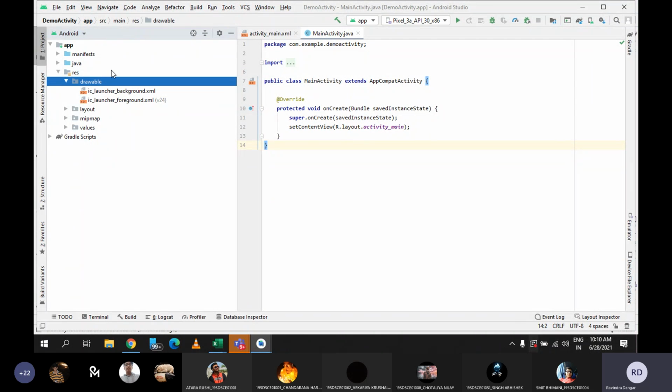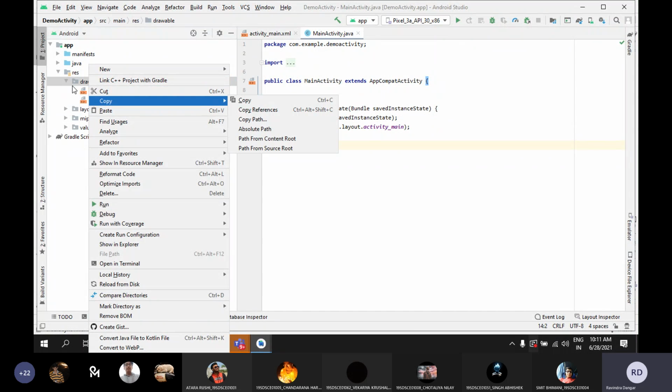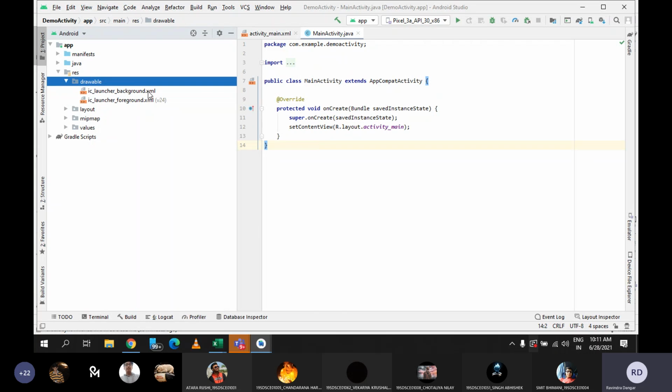तो अभी आपको ऐसा चाहिए कि जब आपकी एप्लीकेशन लॉन्च होती है तो बैकग्राउंड में आपको कोई इमेज दिखनी चाहिए. तो वो जो इमेज है वो आपको कहाँ पे प्लेस करनी पड़ेगी? ड्रॉएबल में. It's very simple use. Drawable is taking care of all the media, images, audios, videos, everything must be placed inside the drawable. That's it. Any doubt about drawable? No, sir. So you can simply copy the image, whatever image you want to display in your application, and here you can paste it. Just do right click and paste here.